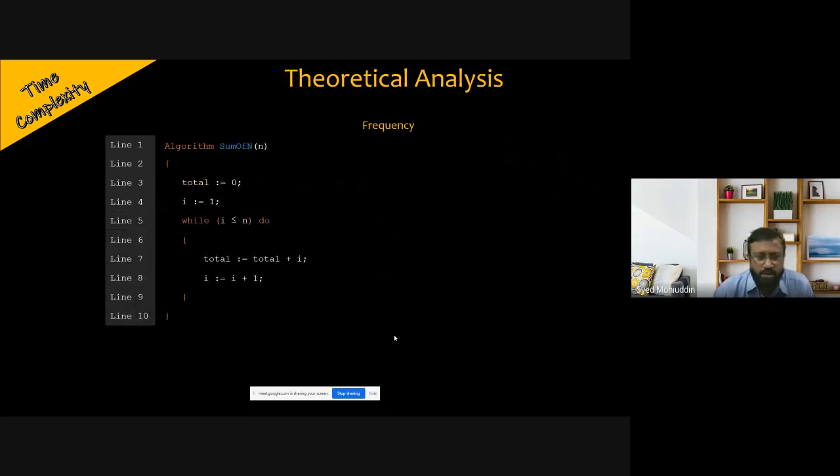Now let us look at this algorithm. We computed the space complexity for this. Let us now try to compute the time complexity. Now this algorithm computes the sum of n natural numbers. So if we look at this stage of the algorithm, or if we compute the frequency of how many times